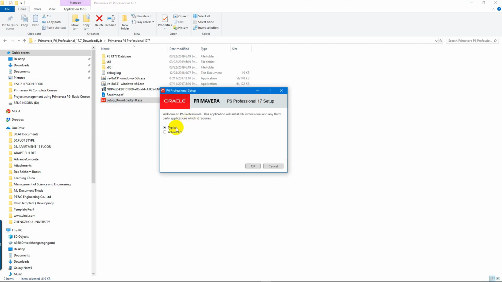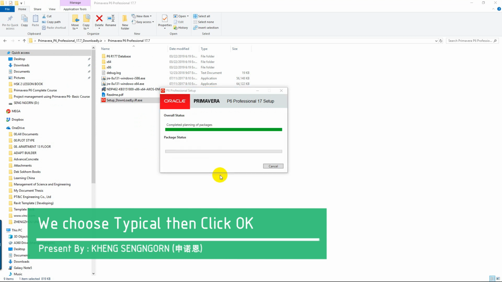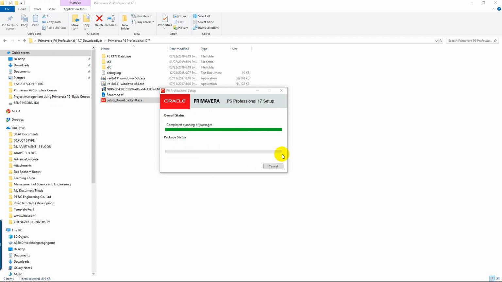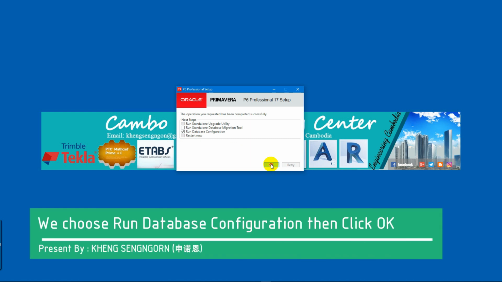And then over here, we choose the typical, click OK, click install, click yes. So we need to wait a few minutes to install this program. And then we choose to run the database configuration, click on OK,